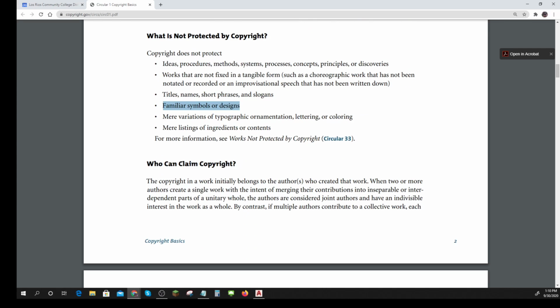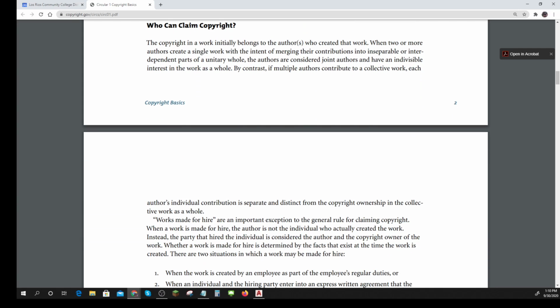You can read this. Who can claim copyright? Whoever created the work. This is interesting: each author's individual contribution is separate and distinct, like if you have a compilation of stories or things like that.